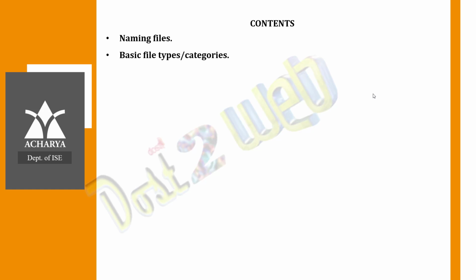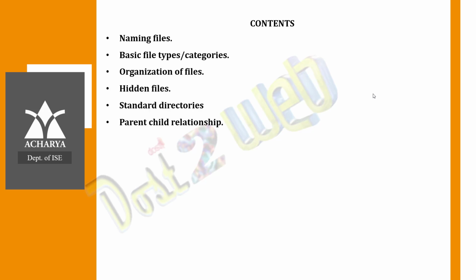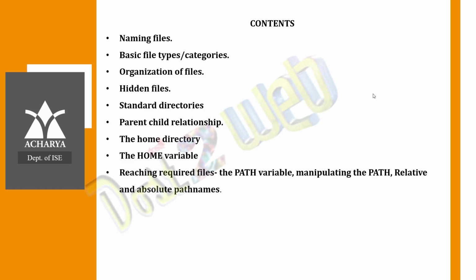In the second part of your first module, we are going to learn about naming files, basic file and type categories, then organization of files, hidden files, extended directories, parent-child relationship, home directory, home variable, and reaching the required file path, variable, how you can manipulate the path, what is the difference between relative and absolute path, and there are directory